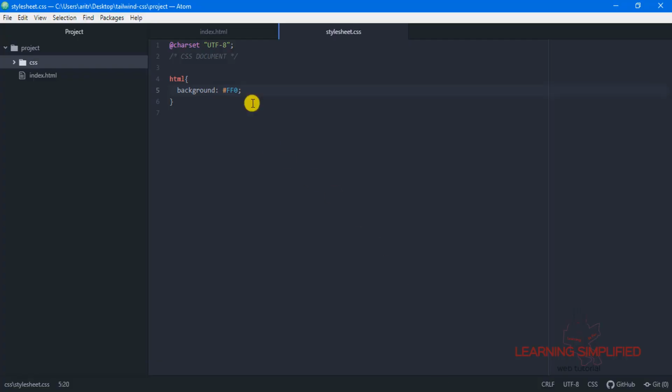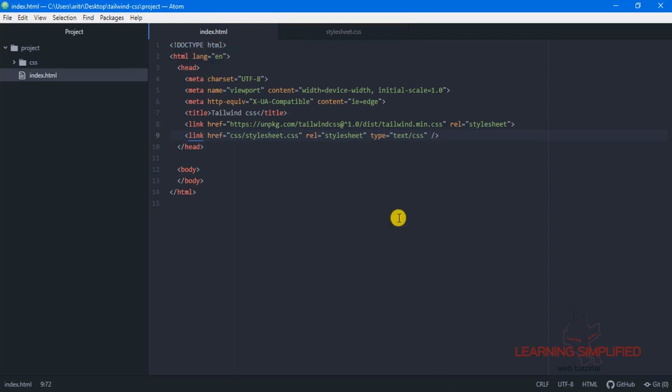That means we have successfully linked this index.html with this stylesheet.css, and the link is active and fully functional. There's absolutely no doubt in it. Now, if we get back to the body here, let's check whether we are connected with Tailwind or not. There it goes.